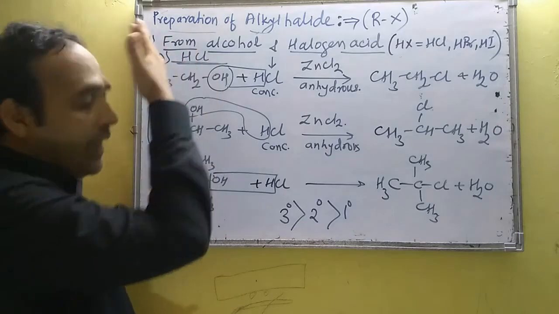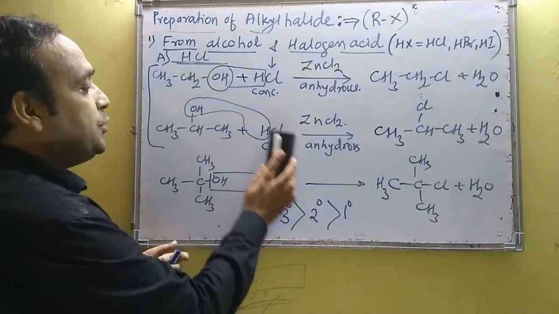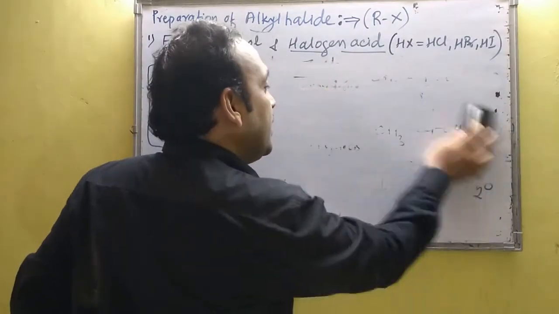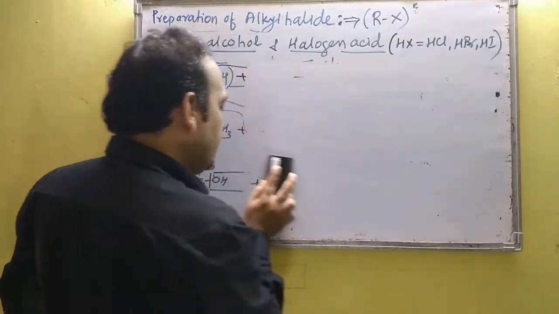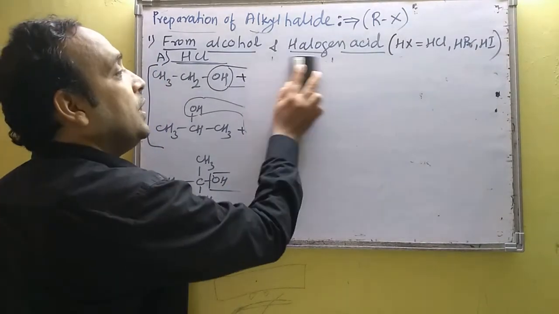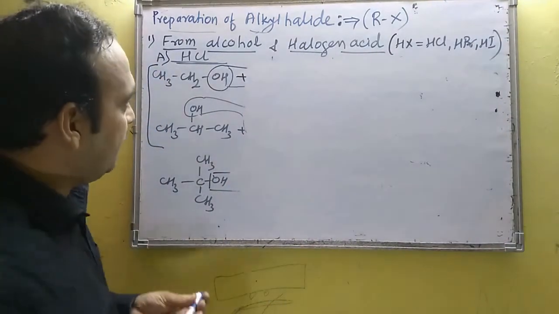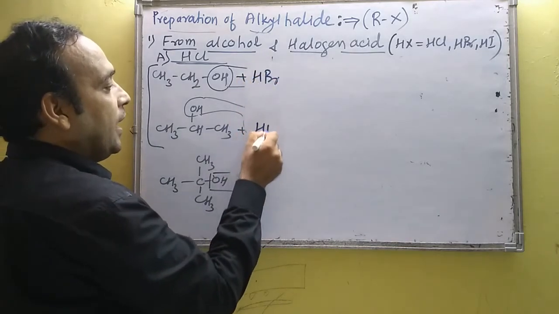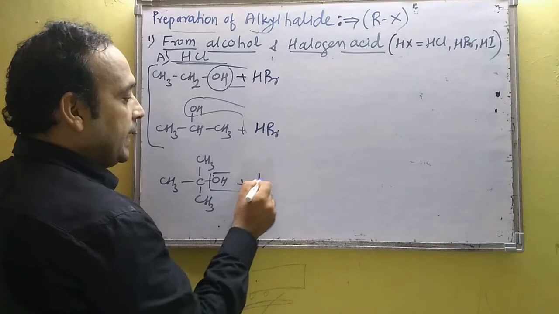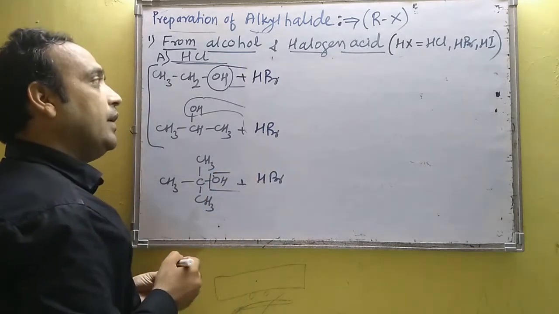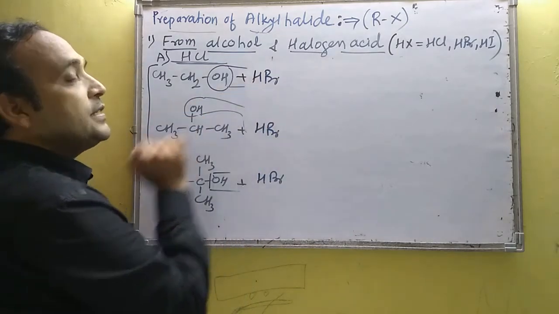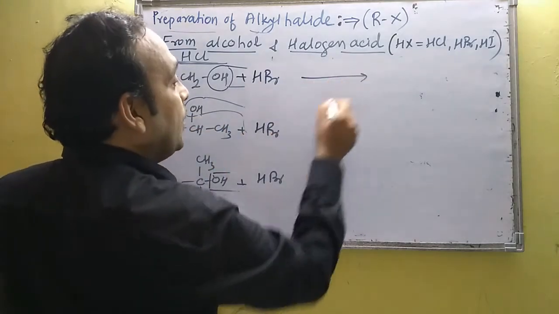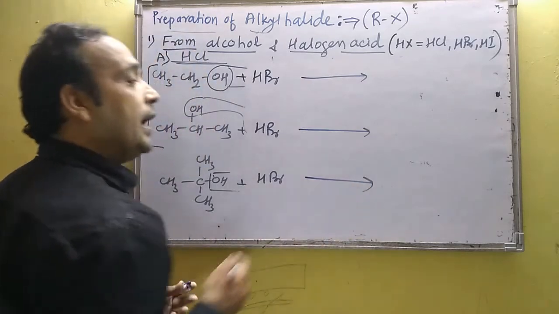Now instead of HCl you can use HBr. Instead of HCl we will get the product with Br. Suppose I am using HBr, what is my product? Here OH is replaced by Br, but when HBr is used, the arrow condition is